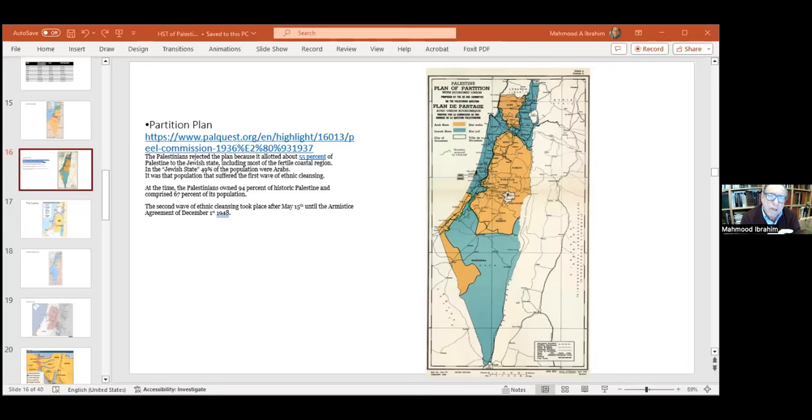For example, Ilan Pappe, who is himself an Israeli revisionist historian, wrote a book called The Ethnic Cleansing of Palestine, where he discussed not just the most famous one that we know of, that is Deir Yassin, but others that were committed by the Israeli forces to scare the local population,